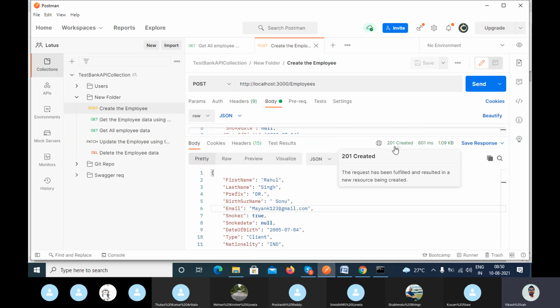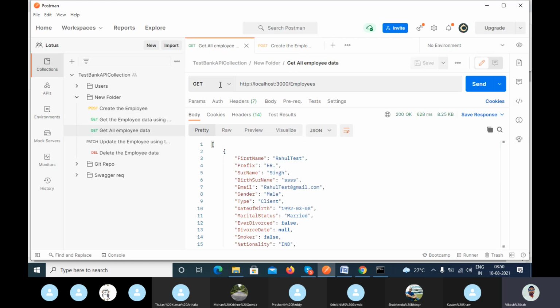But if you are trying to create, 201 is the specific status code which the client can use, right? It is also not wrong if the client says 200, you can also implement 200. But in the case of a GET call, it should be only 200, okay,